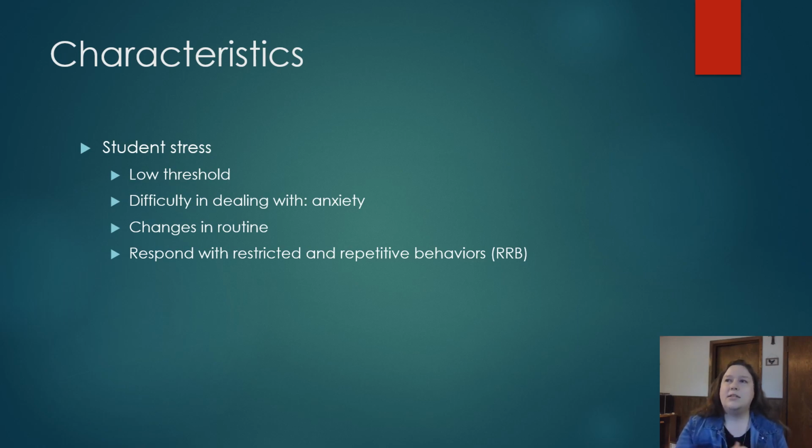And it's how these children are coping with the situation. It soothes them, and it's not bad per se, but sometimes those behaviors can be distracting, especially in a classroom full of